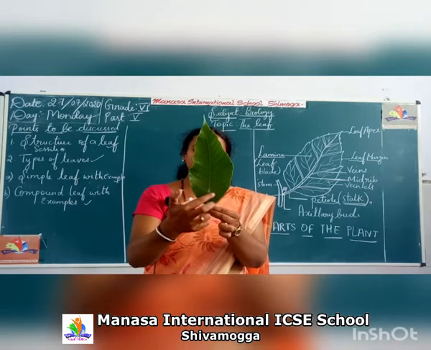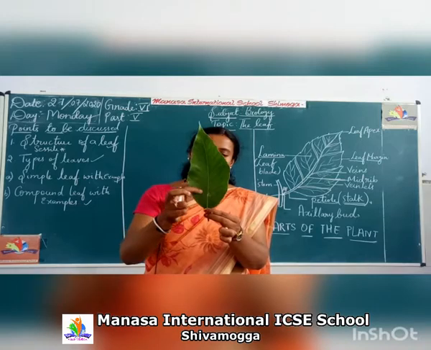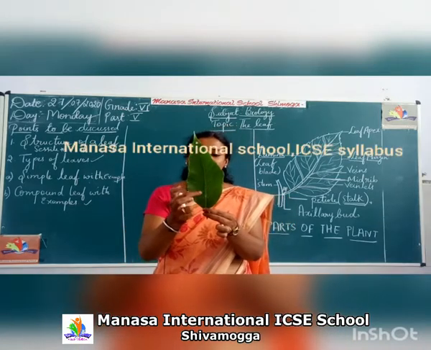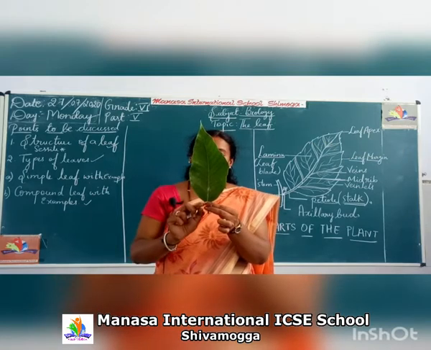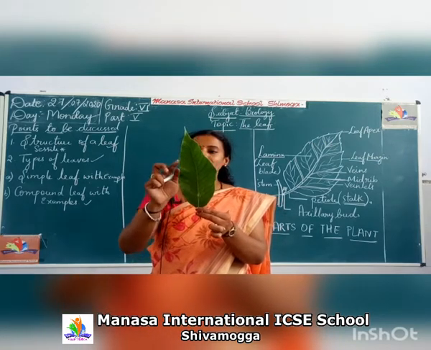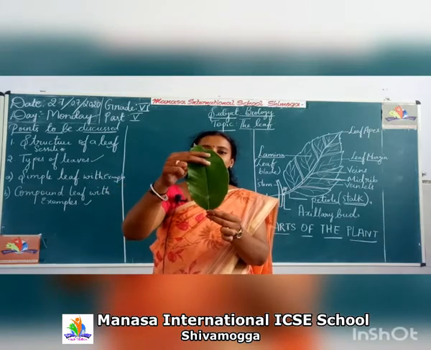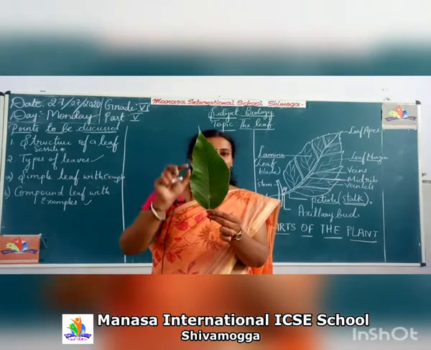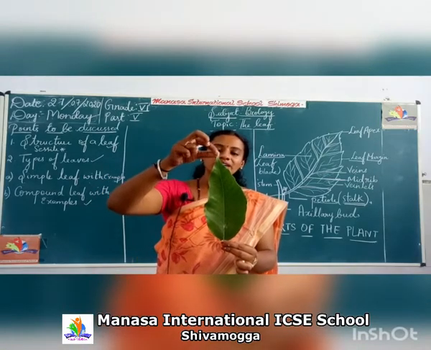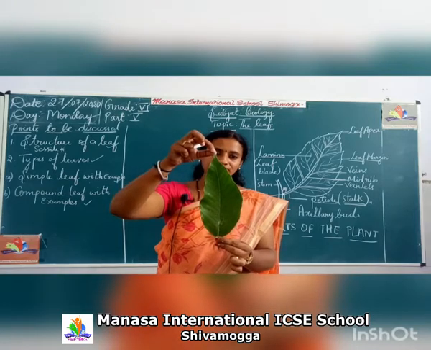V shape, like you can observe. Those are called the veins, and those veins again will give sub branches. That is, it is subdivided. That is called the veinlets, right? And the margin of the leaf is called leaf margin. We have different shapes, right? You can observe the shape of the leaf, and what the outline of the leaf is known as leaf margin. And here the tip of the leaf is known as leaf apex, right?